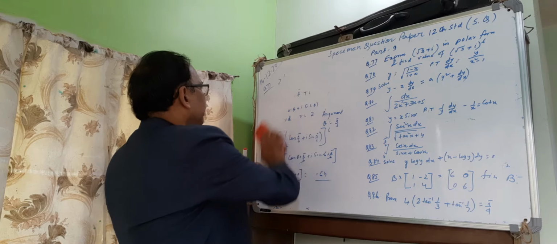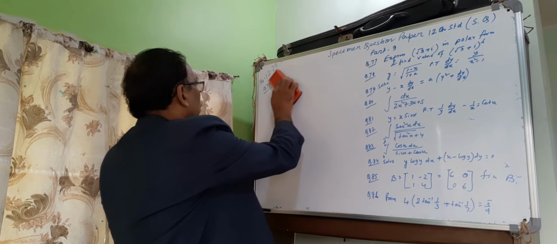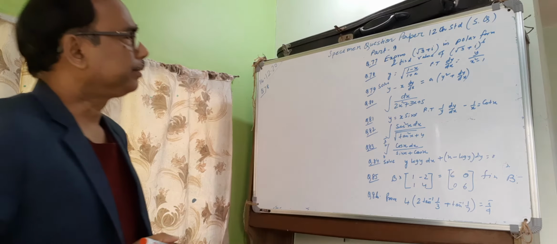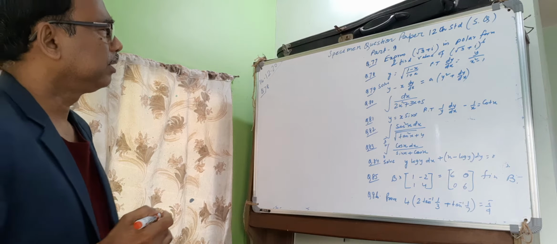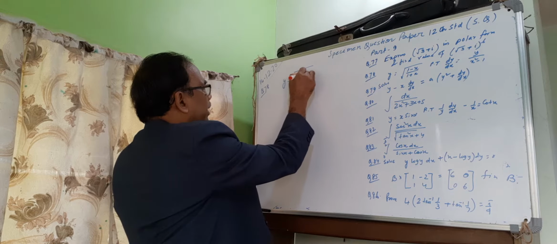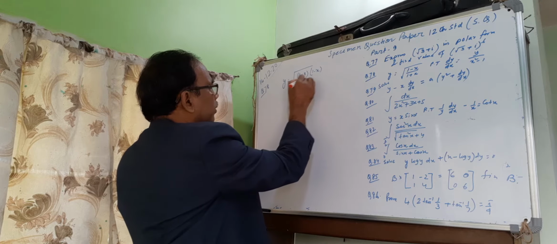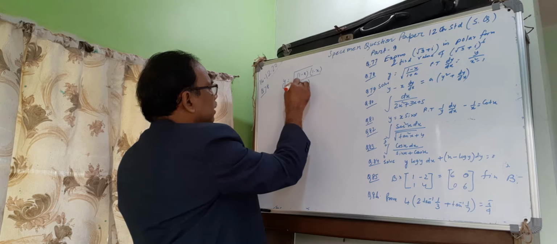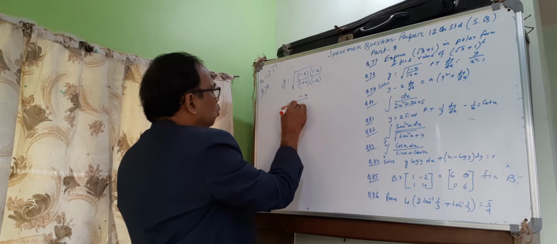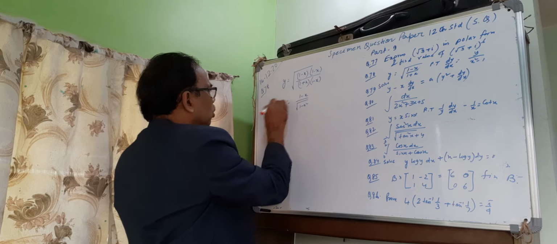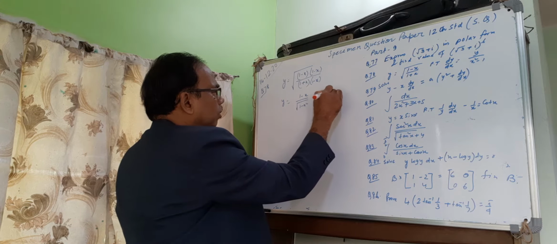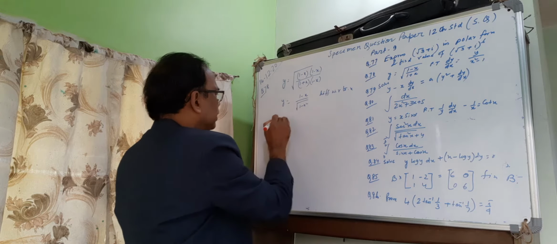Next, sum number 78. Question number 78. It is a differentiation sum. y equals, first rationalizing this, we multiply both numerator and denominator by 1 plus x. Then we can write (1 minus x) by root over of 1 minus x square, y equals this. Now differentiating with respect to x.